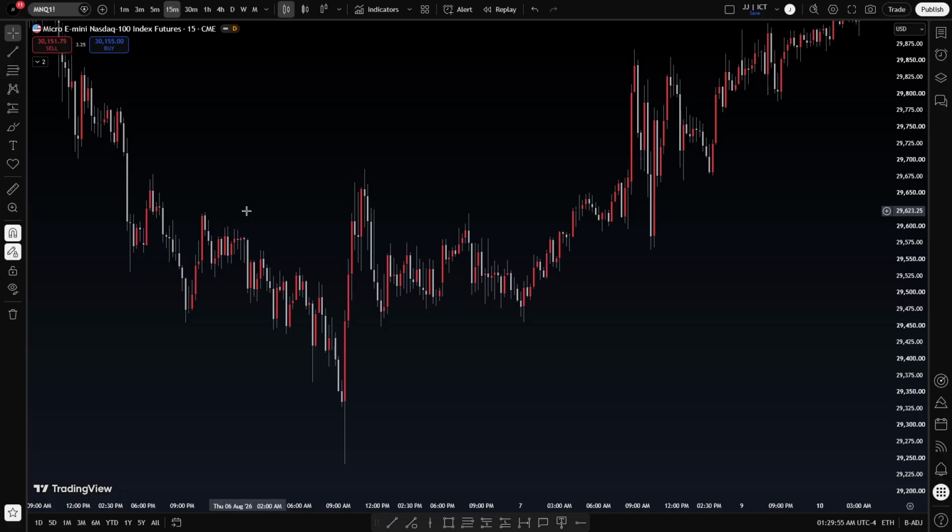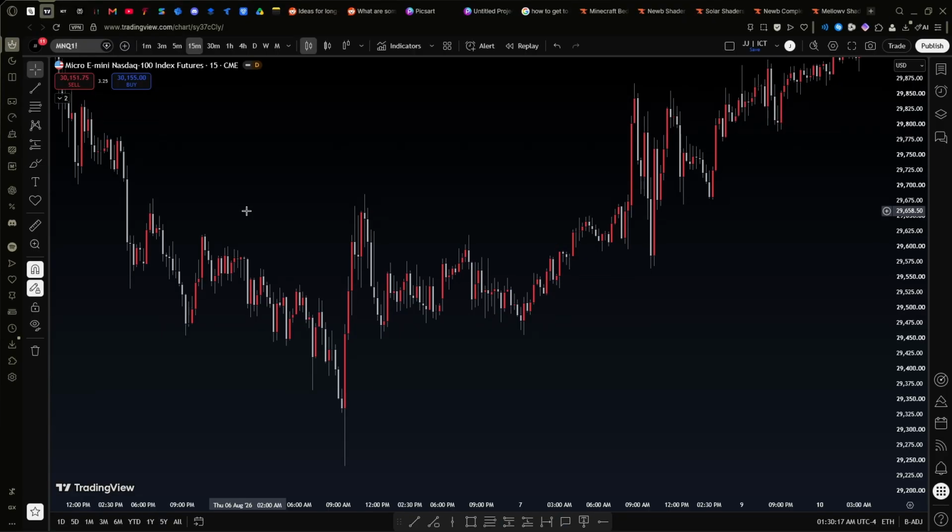Low resistance liquidity conditions or liquidity runs, because it's kind of sort of the same thing. Price is going to run for liquidity in general during every kill zone. So it can either be a low resistance liquidity run or low resistance conditions, and the polar opposite of that would be high resistance liquidity runs or high resistance conditions. Simple as that. What does that look like? I'm going to show you in just a minute.